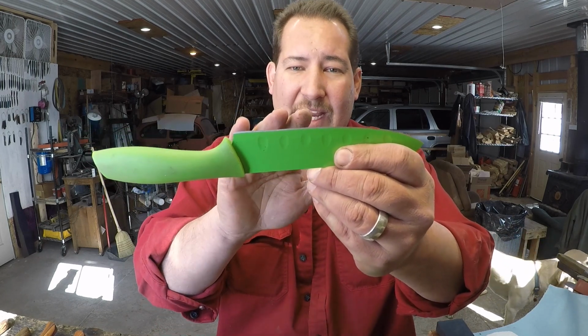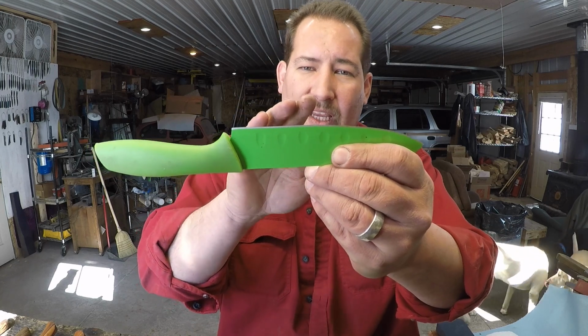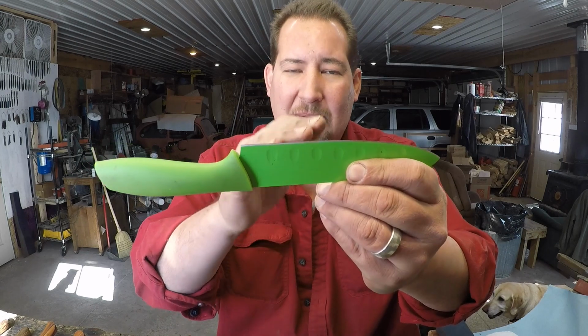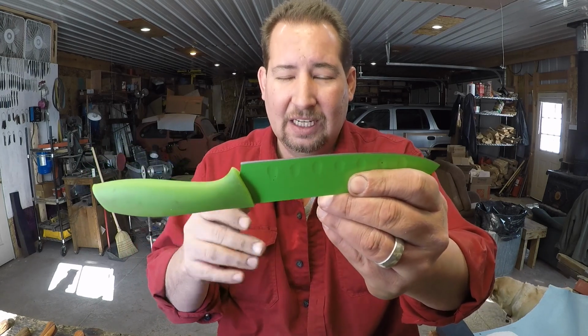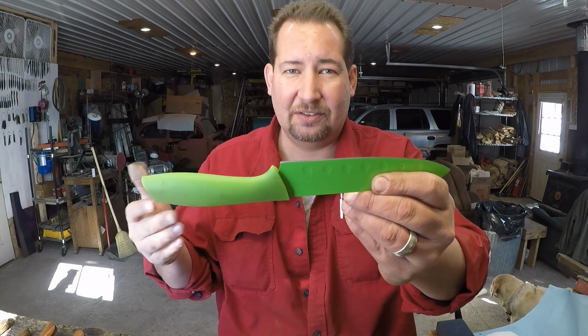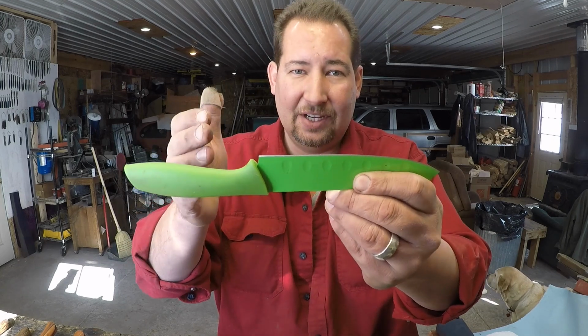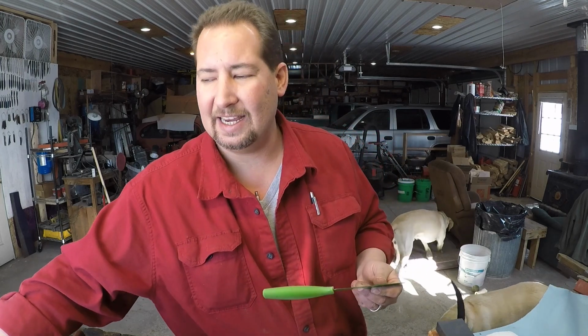So if we can abrade this on a stone to match that angle, then we'll be matching the factory angle, okay? The factory angle is what the factory determined would be a good edge angle for this steel and this heat treat. So it's kind of like